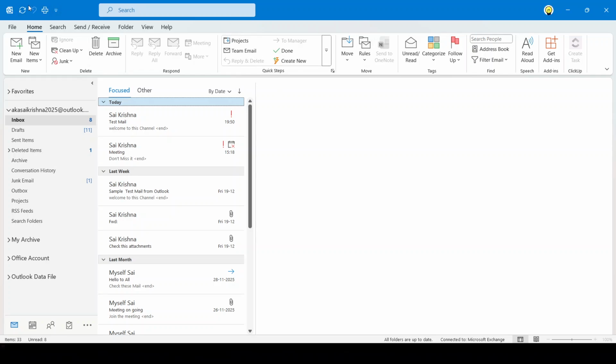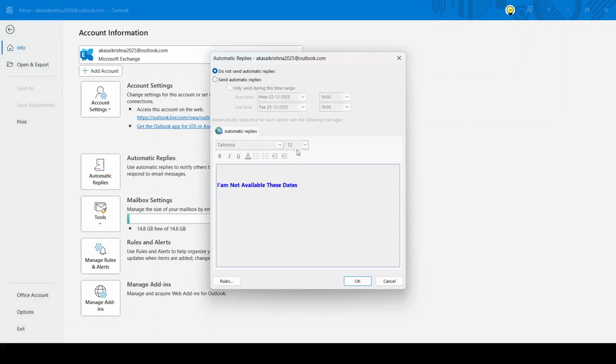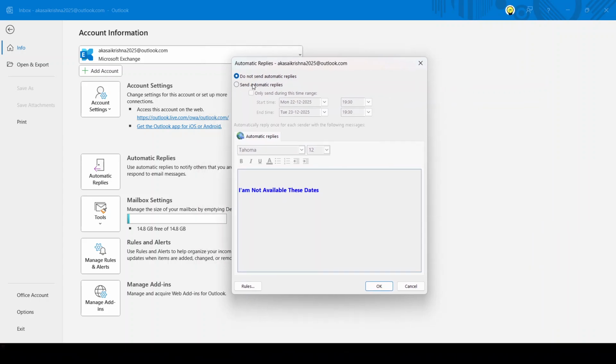Open Outlook and head to the File tab in the top left. In the Info section, select Automatic Replies, sometimes labeled Out of Office. In the dialog that opens, choose Send Automatic Replies. To make sure your replies stop on time, check only Send during this time range, then set your start and